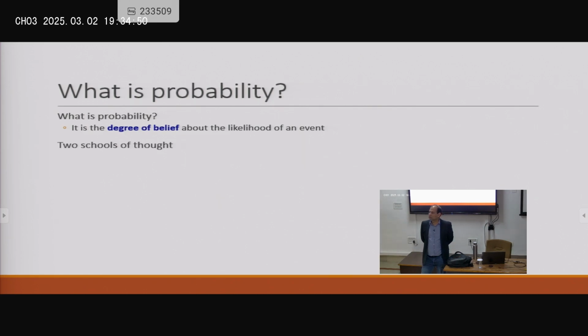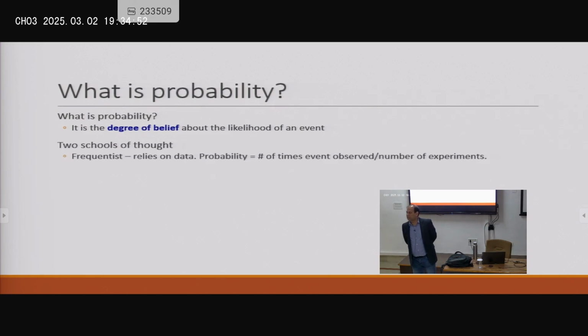So there's two schools of thought in this, right? There's frequentist, which relies on data. I think one student mentioned data, that we collect past data and we calculate the number of times an event was observed over total number of events, that is, experiments. So that is one way of looking at it. They're called frequentists, and then the other ones are Bayesianists, who say prior belief informed by data. Okay, so